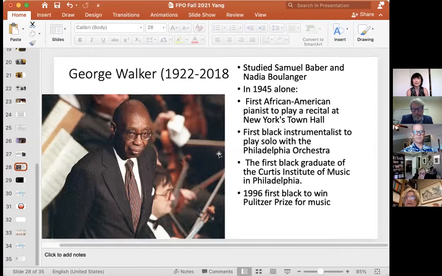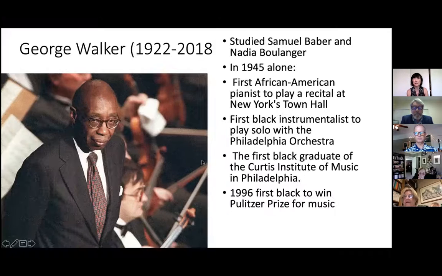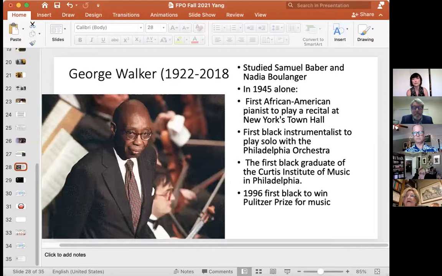But, you know, since Black Lives Matter happened last year and the George Floyd incident, we in the arts, the Fresno Philharmonic, have really taken to heart these composers that have been marginalized. And look at his lifespan. He just recently passed away.